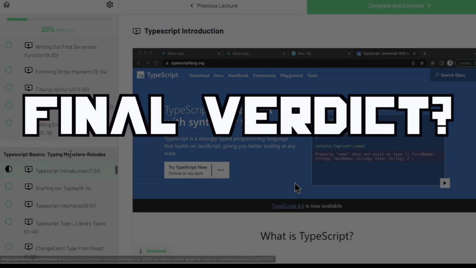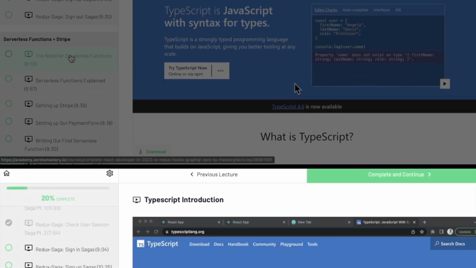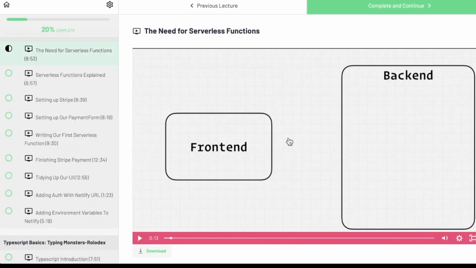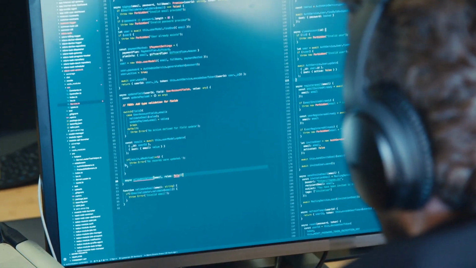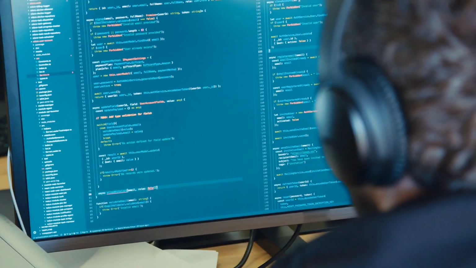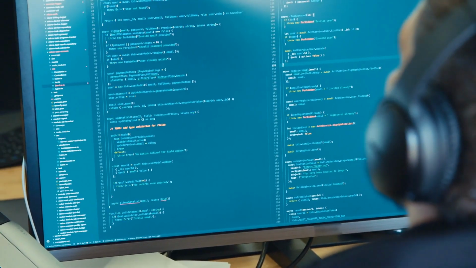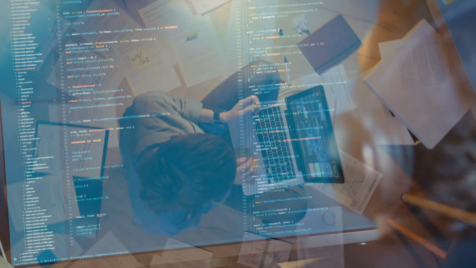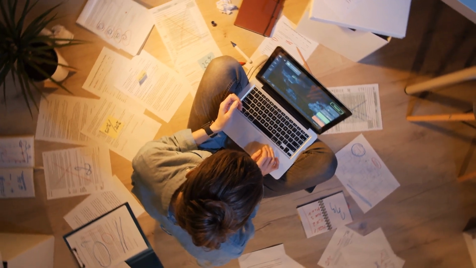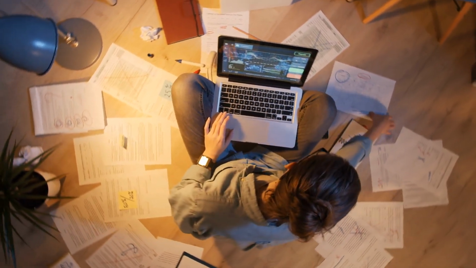Final verdict, do I recommend the Complete React Developer? If you want to learn React and you know JavaScript, hell yes, I recommend this course. It's thorough, it's fun, it's been updated to reflect React 18, all the stuff I mentioned earlier, and the two projects are pretty cool. However, if you are still learning JavaScript, banging out those fundamentals, and getting those hours in